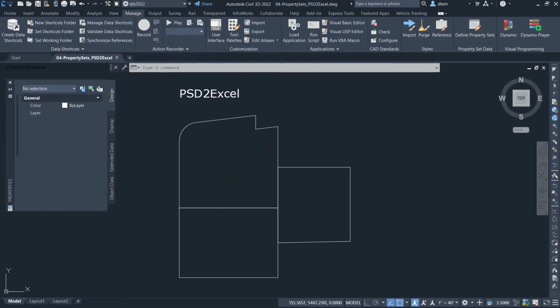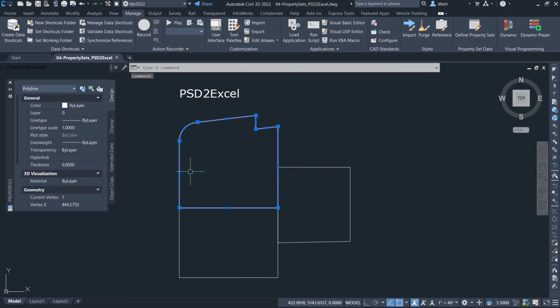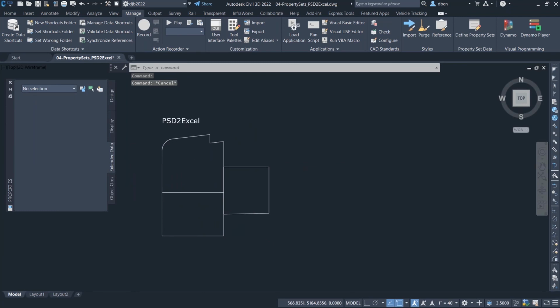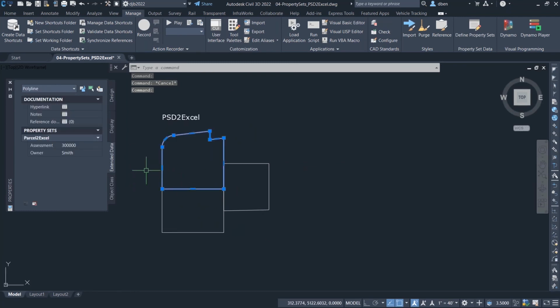And then the last one is how do I take this property set data into Excel? All right. So again, what I've got here, and we'll try the field thing because these are just polylines, and they do have extended data. I've just got name and that kind of thing in there. Okay. So that's really all I've done. Is if I go back into my defined property sets,